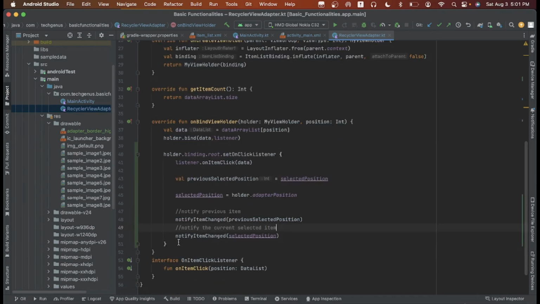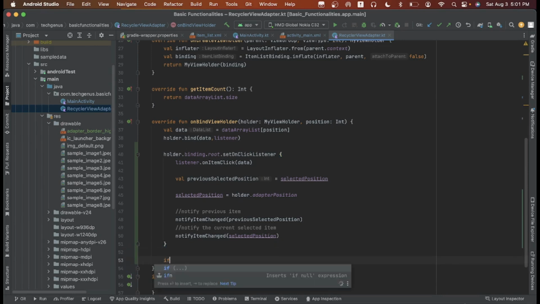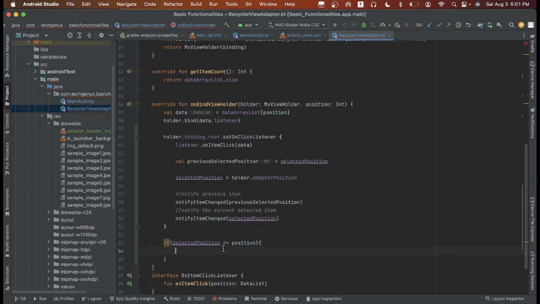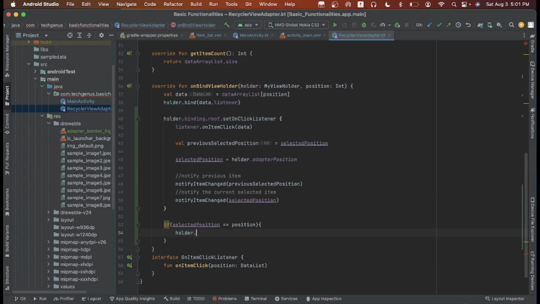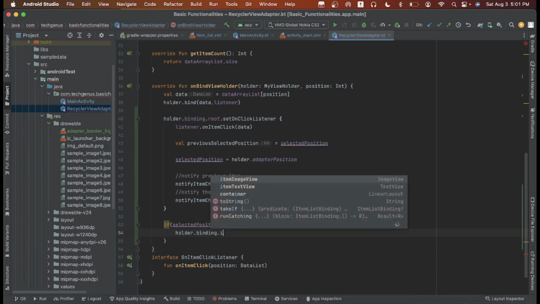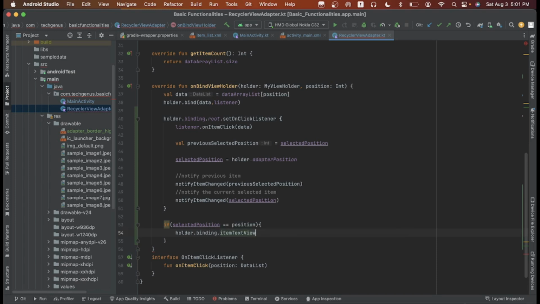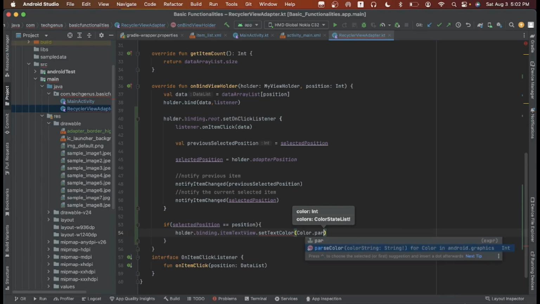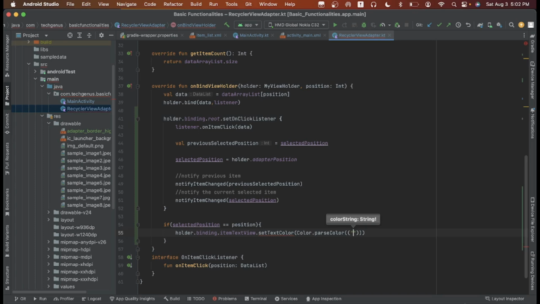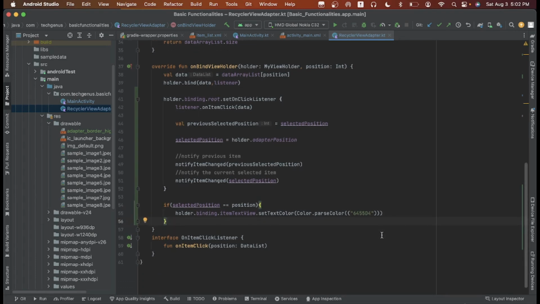Here is the condition: if selected position is equal to the position, here is the tricky part. holder dot binding dot item text view, if selected, then set text color, the first color, which is this hex code 6455055D4.